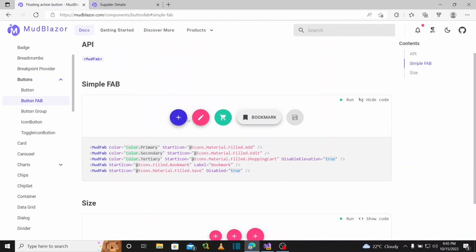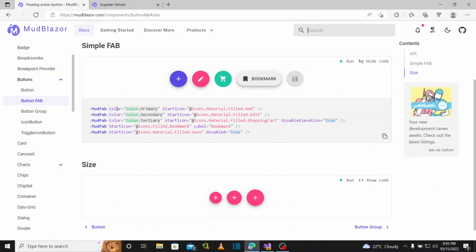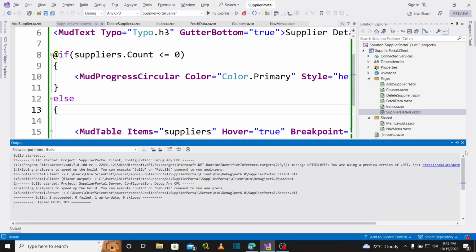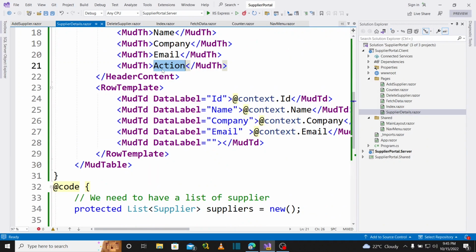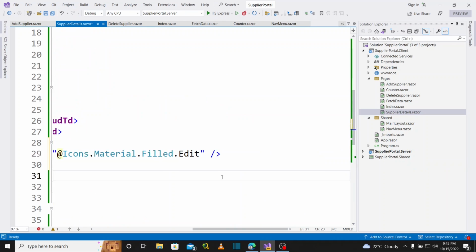So you can see these types of icons. We want to use these icons to initiate an edit or a delete there. So what do they need? You need to have a MudFab. So let's copy one, the one for edit. We can copy it, and it's going to come here. So if you noticed, under action, it's this one. So if I bring one here and code edit,